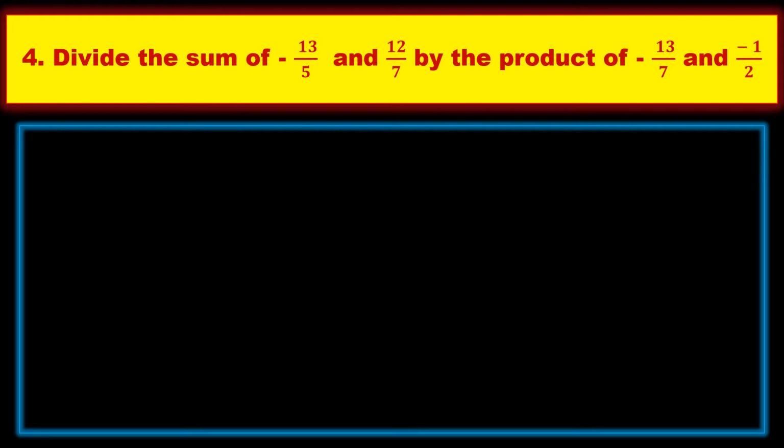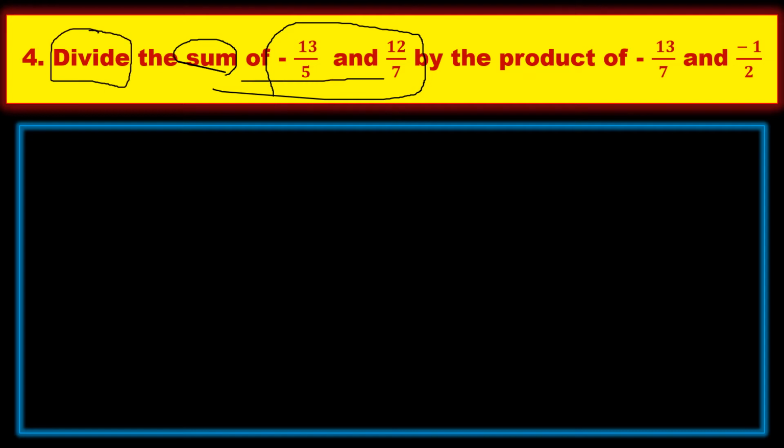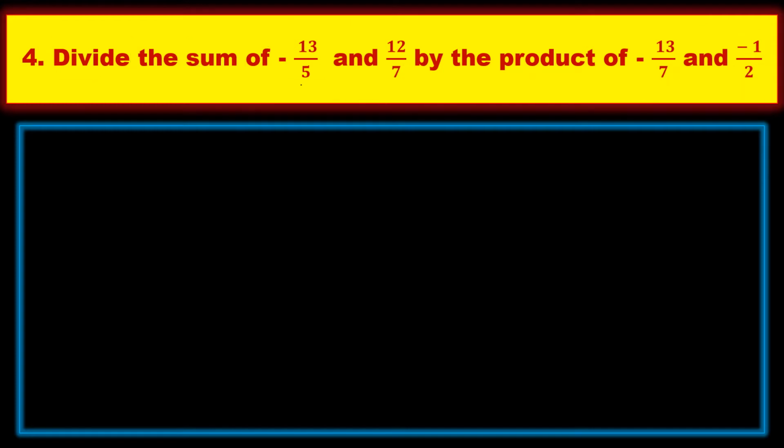So here the question is, first you should add these two because here he mentioned a word sum. Okay, divide the sum of. Forget about this division. First we should add these two numbers, and for the product of these two numbers we should multiply. It told to divide the sum of by the, means whatever answer you got by the addition of these two, you should divide that with the